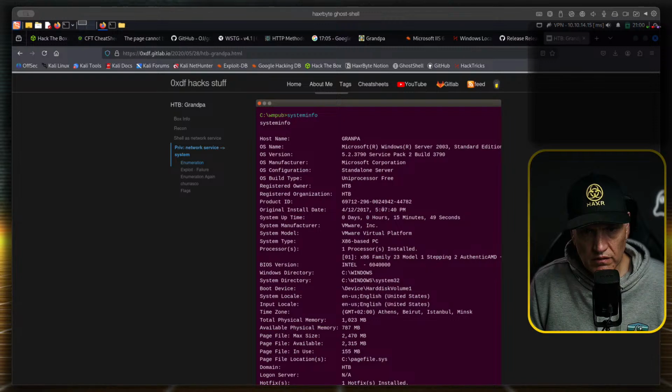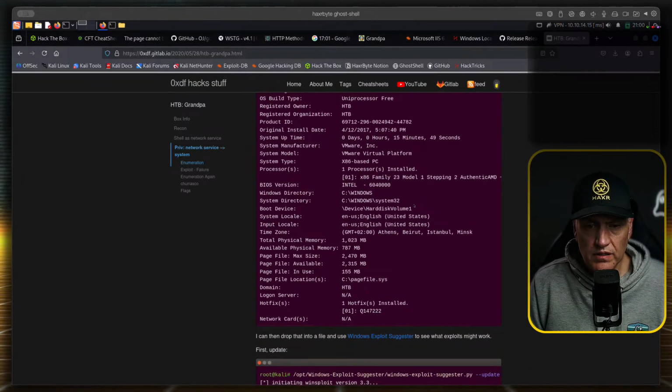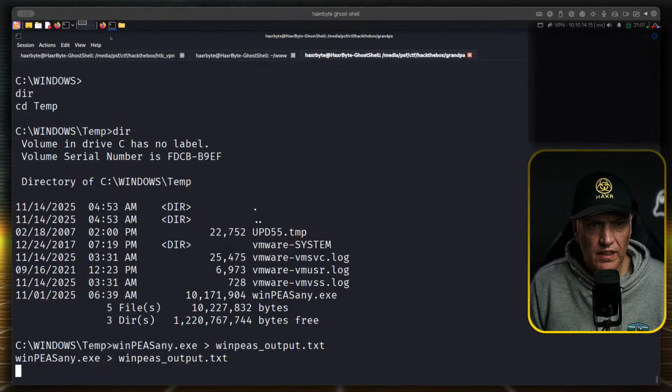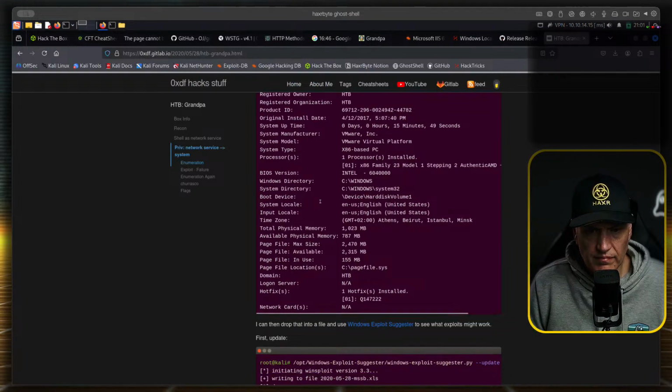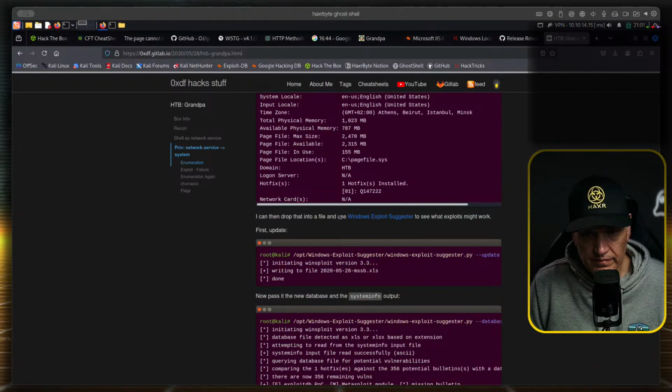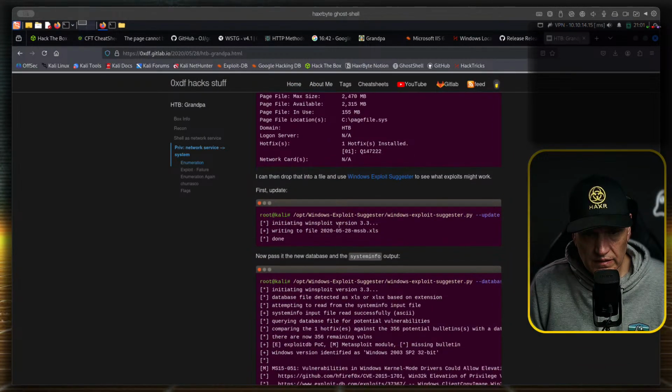System info. So this is a Windows 2003 box. System info didn't work for us. So they use Windows exploit suggester. It should do the same thing though. It's just so slow. Okay.